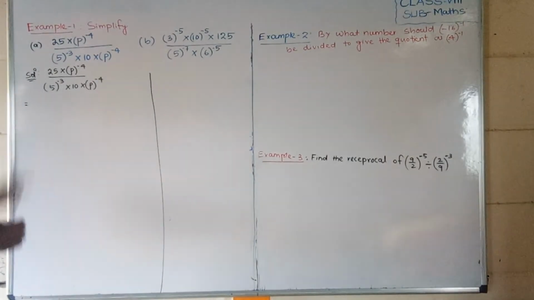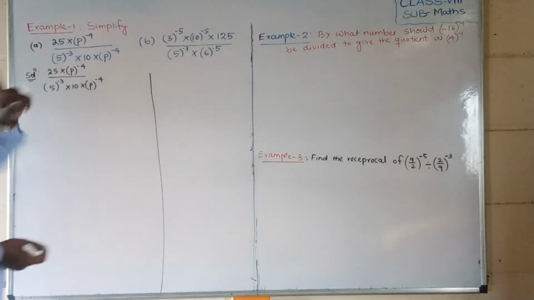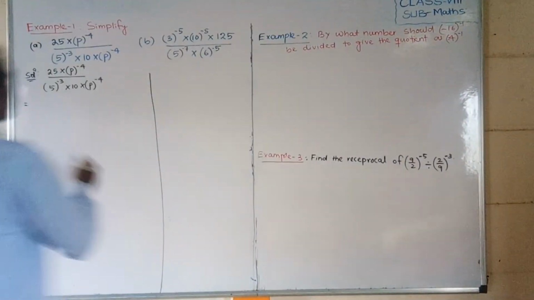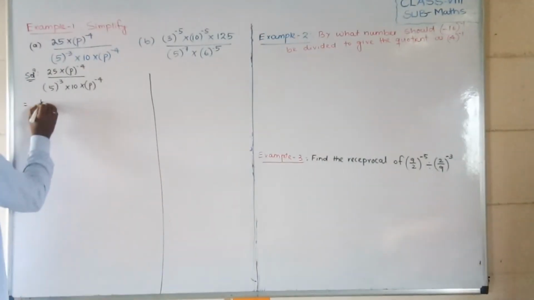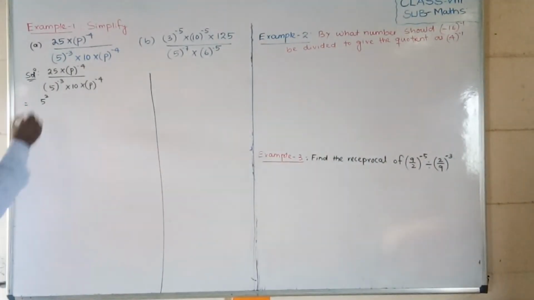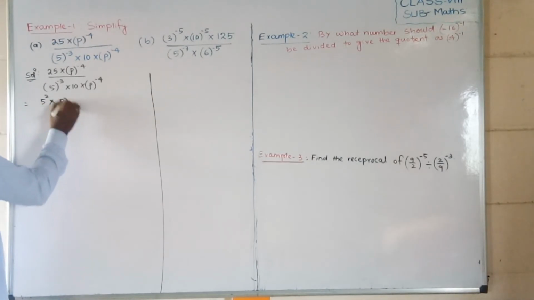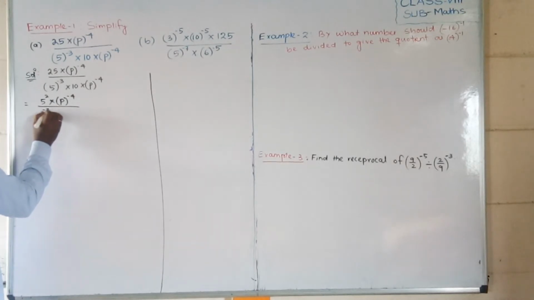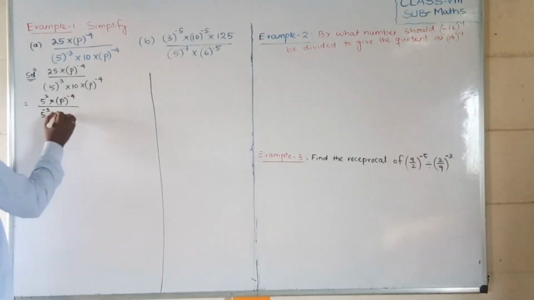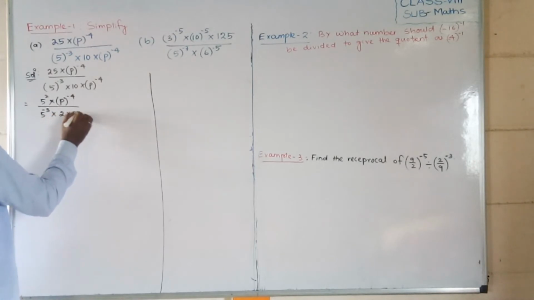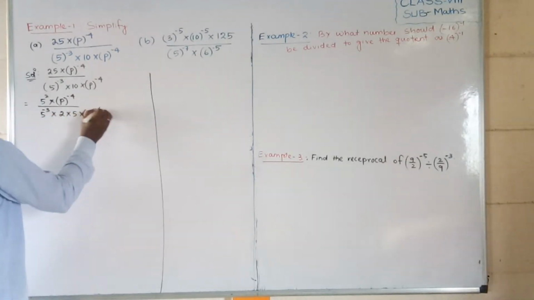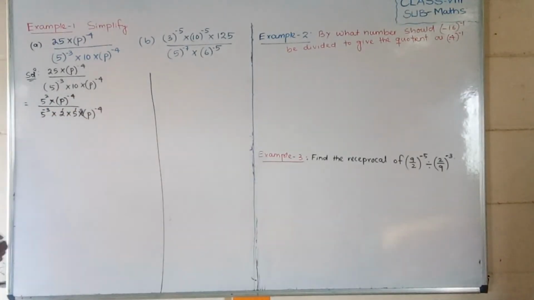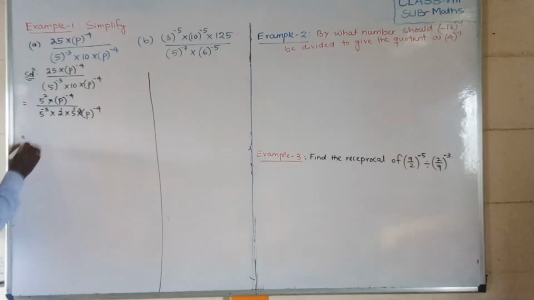Is equal to. First of all, make whatever numbers are given into exponent form. 25 we can write as 5 to the power 2, because 5 into 5. Now 5 to the power minus 3 is already there, and 10 we can write as 2 into 5, so 10 into p to the power minus 4 becomes 2 into 5 into p to the power minus 4. Why should I write this? Because 10 is 2 into 5 to the power 1.